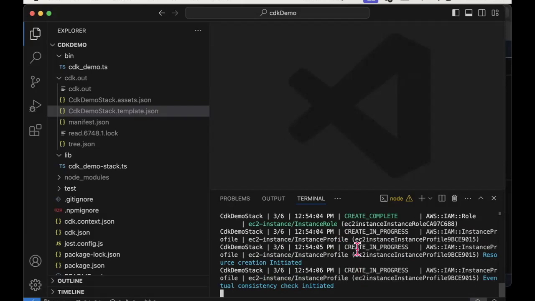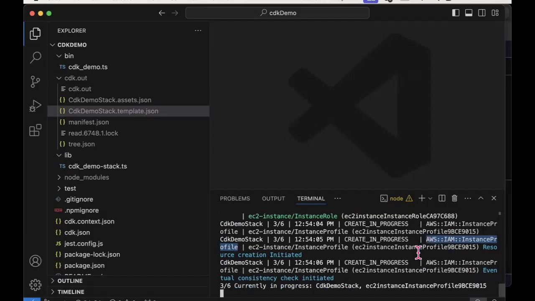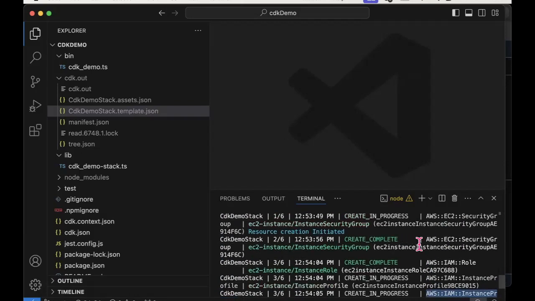There's a lot of stuff being created. Look, it's creating an IAM instance. I had nothing about IAM in my stack, but that's an example of the additional resources created for me by CloudFormation. It's not just an EC2 instance. Here it's creating an EC2 security group, which is another example of a low-level piece of infrastructure.